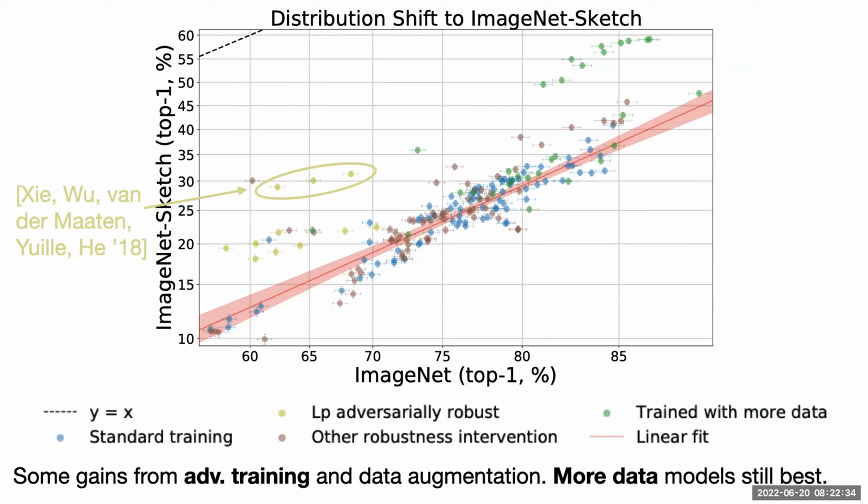And then I have separately broken out the adversarial training models here. These are the yellow points. For some reason that I don't know, but this happens for ImageNet Sketch and ImageNet R, somehow adversarial training does give you a lot of robustness on this ImageNet Sketch distribution shift. It's a little bit tricky because you do sacrifice in-distribution accuracy, but I think it would be very interesting to understand why the adversarially trained models are so good here.